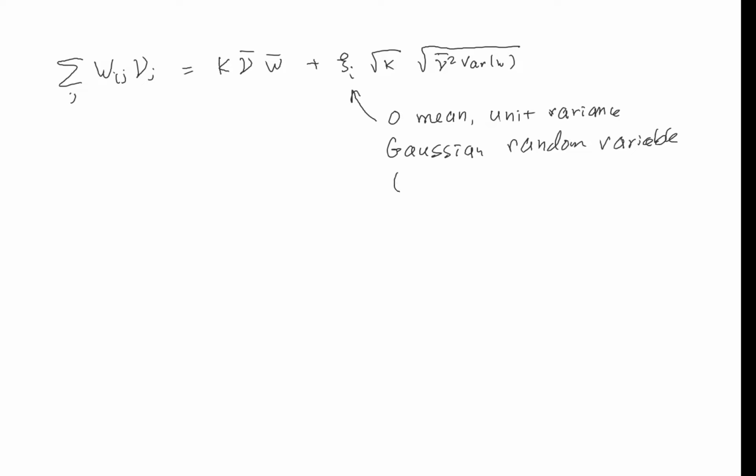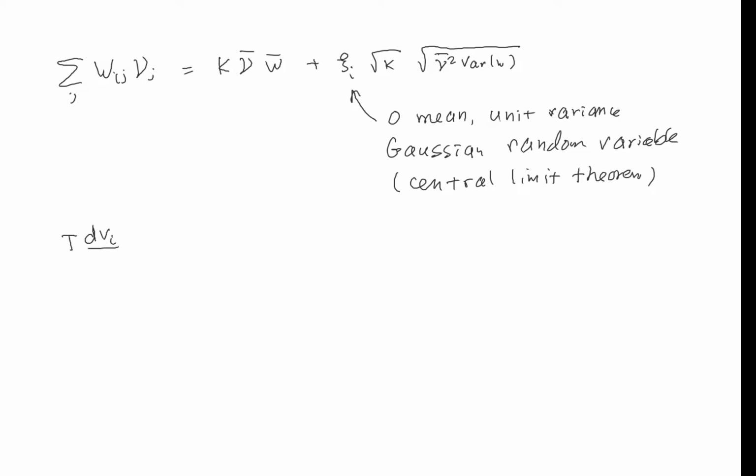And that's from the central limit theorem. We won't really make use of the fact that it's Gaussian. Okay. So what that means is, if we go back to our equation for voltage,